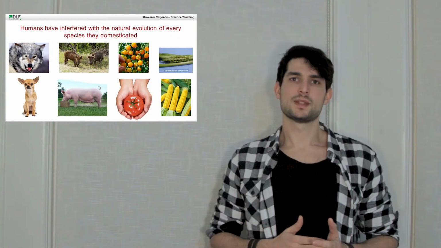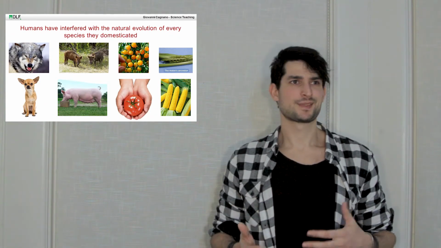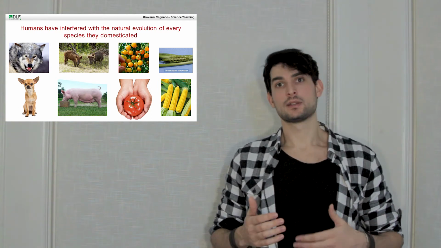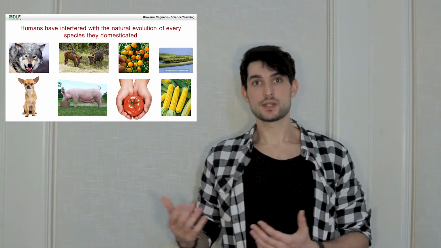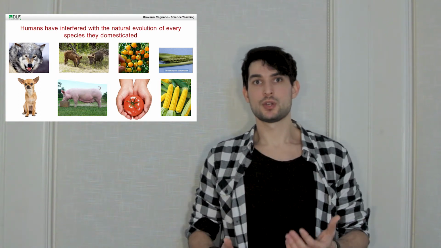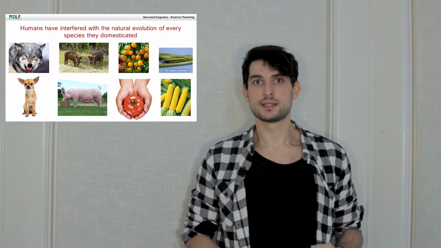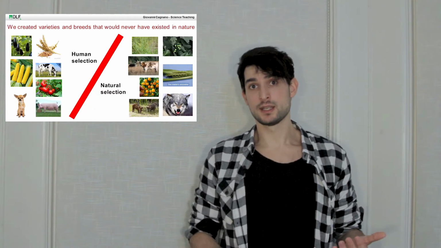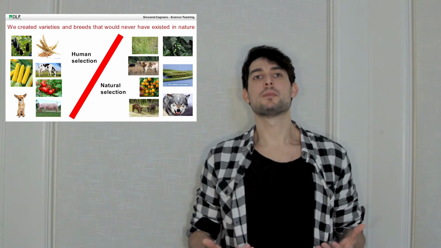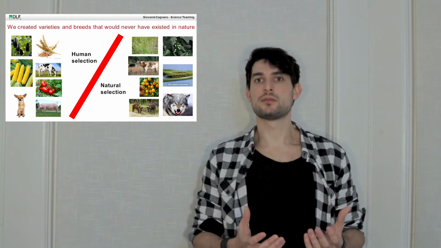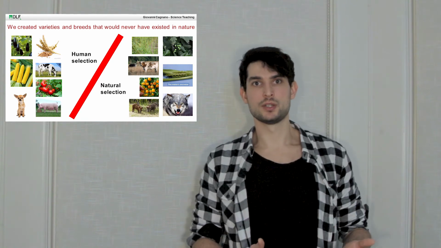From the moment we started domesticating plants and animals, somewhere 10,000 years ago, we stopped natural evolution and we replaced natural selection with human-based selection. In this way, we selected those traits which are useful for our needs, but they are not necessarily useful in a wild environment, and actually usually it is the opposite. For instance, just think about what advantage a wild tomato plant could have from such a big fruit. It would just be a metabolic burden.